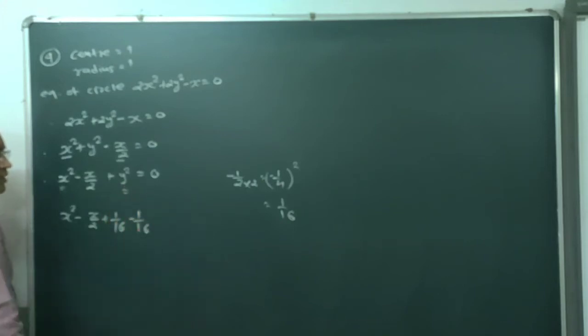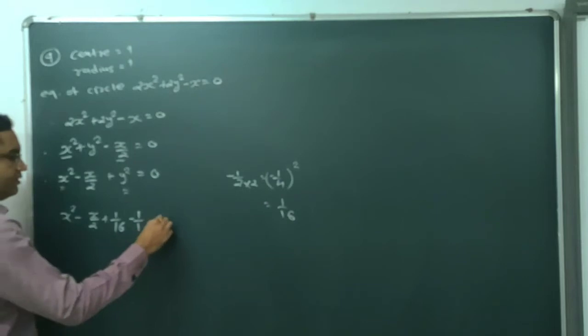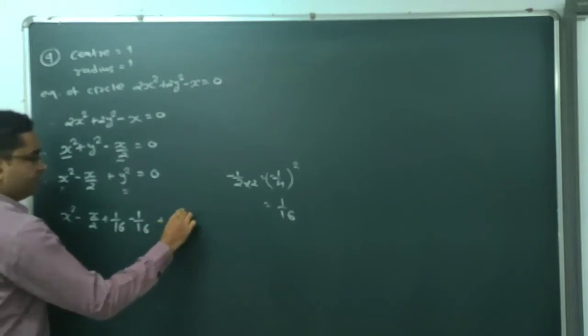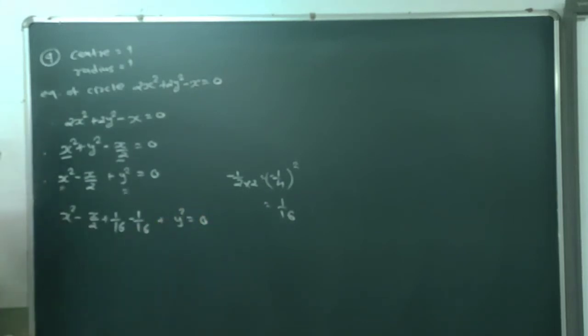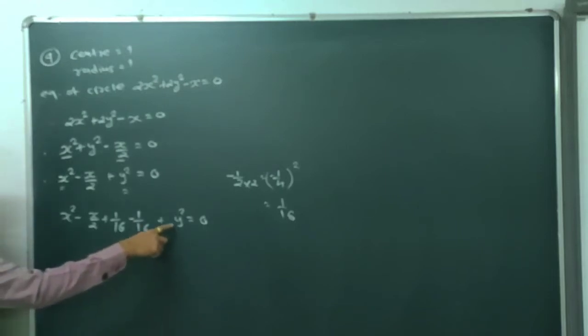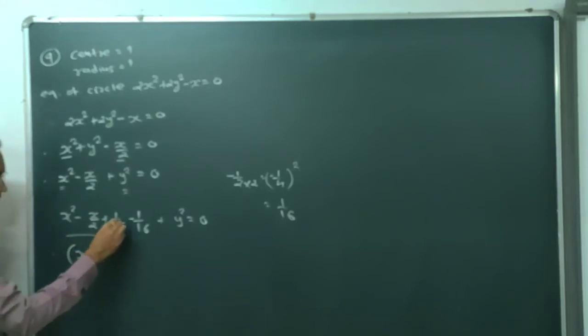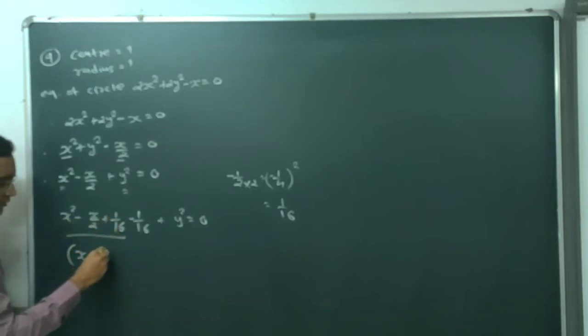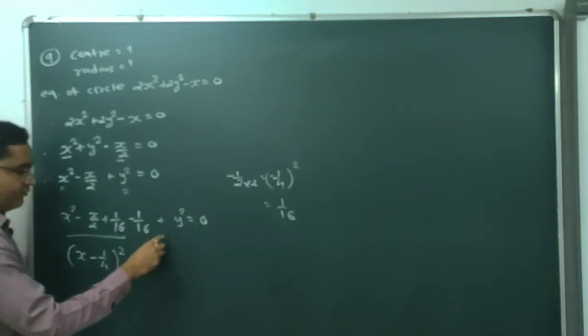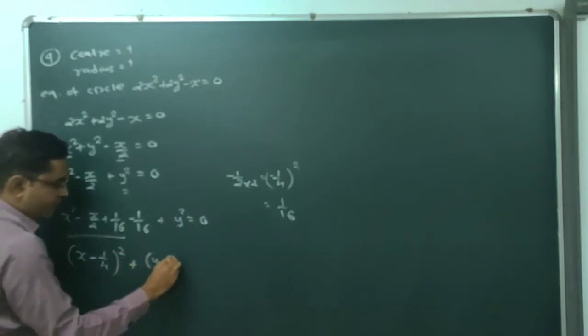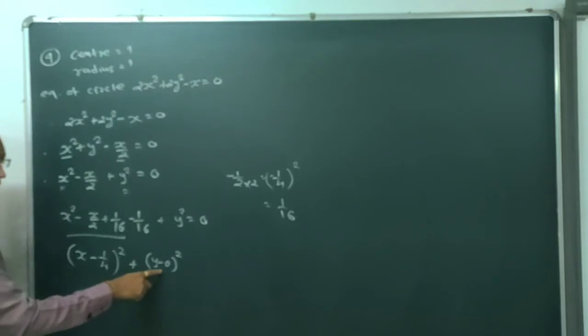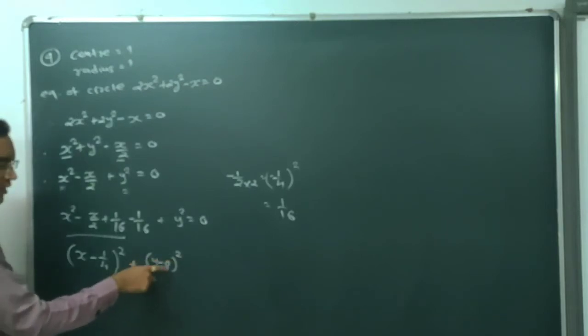Now what about y square? The middle term is missing and the third term is also missing, so it's nothing but y square only. Then it's a perfect square. You can write this as (y minus 0) whole square. So this perfect square trinomial has the factorization (x minus 1 by 4) whole square, plus y square written as (y minus 0) whole square, whose square is y square.